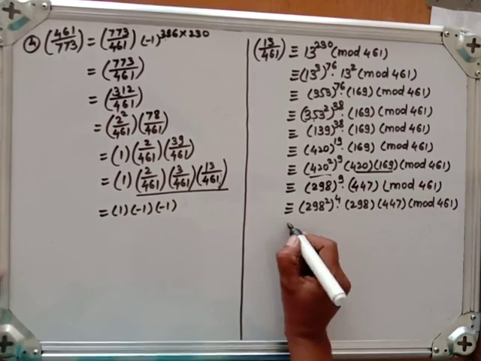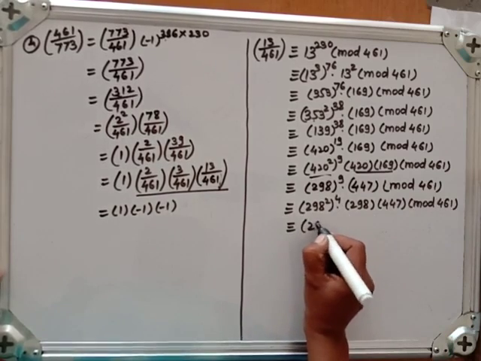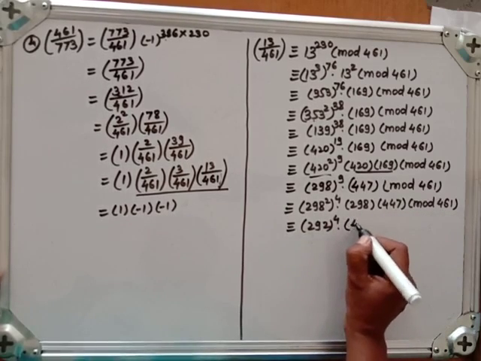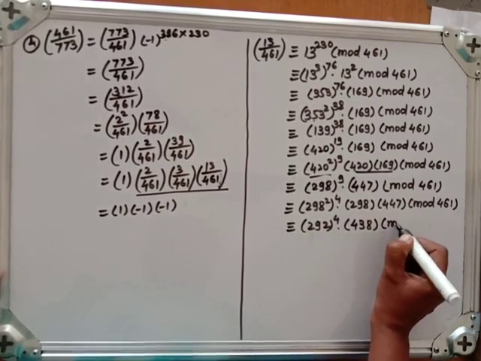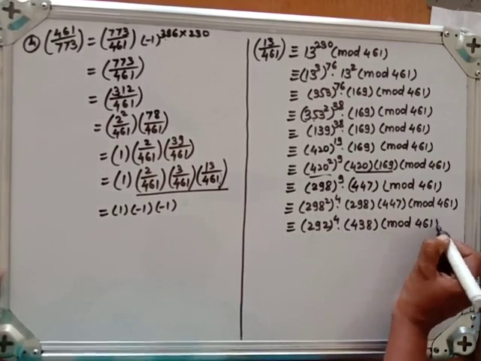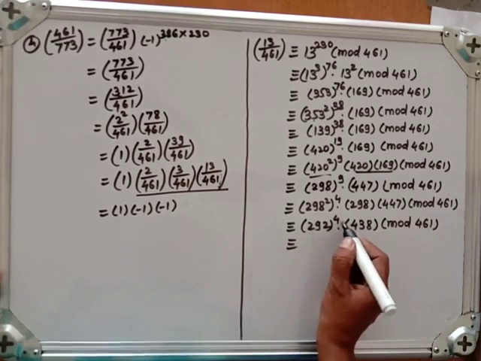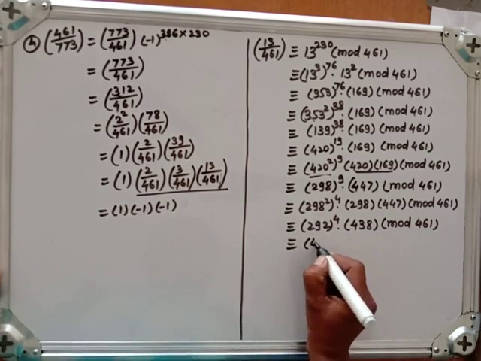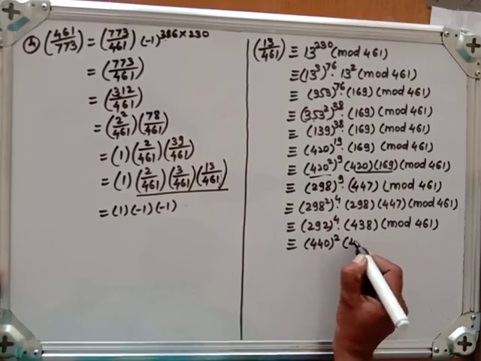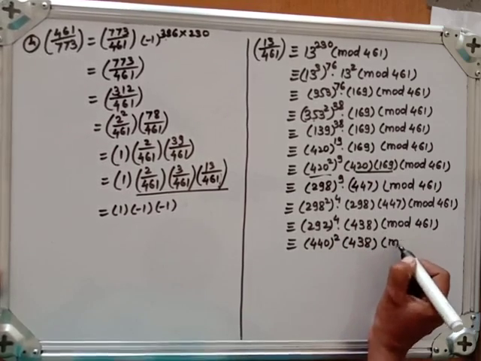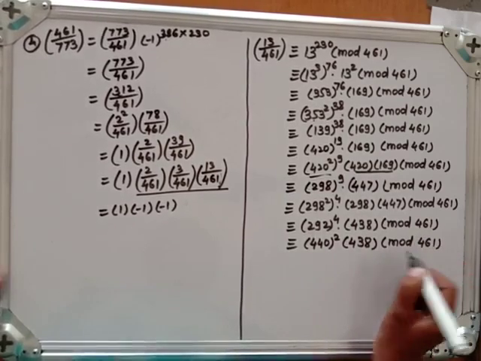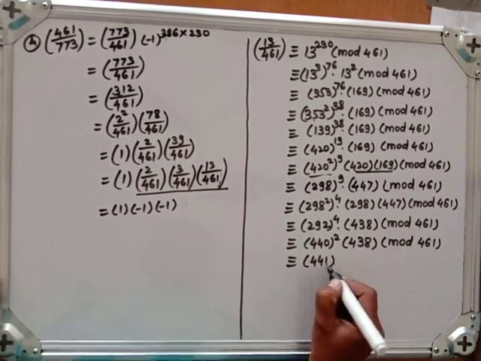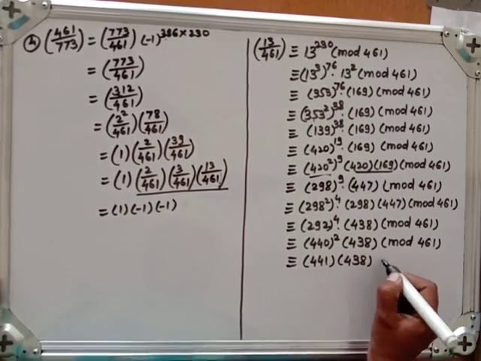So this square modulo 461 will be 292 raised to 4 into this product modulo 461 is 438 modulo 461. Okay, so again this square will be 440 square into 438 as it is modulo 461. Okay, so this square modulo 461 will be 441 into 438 modulo